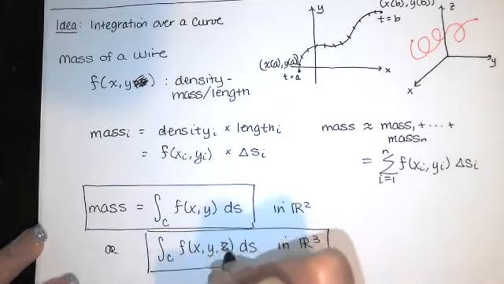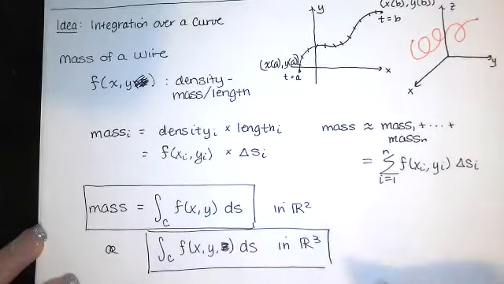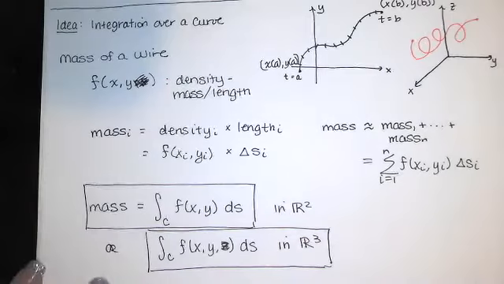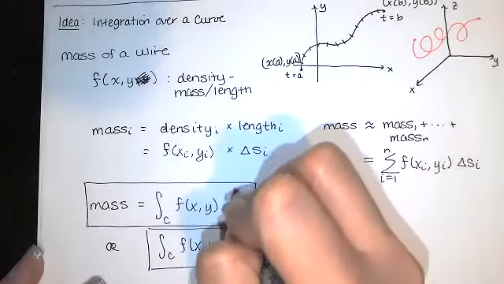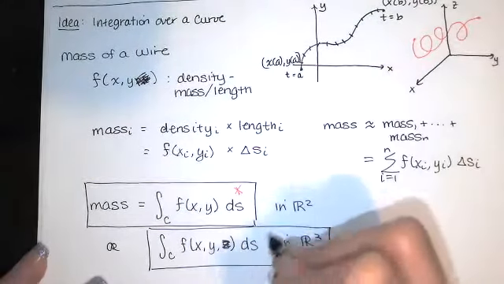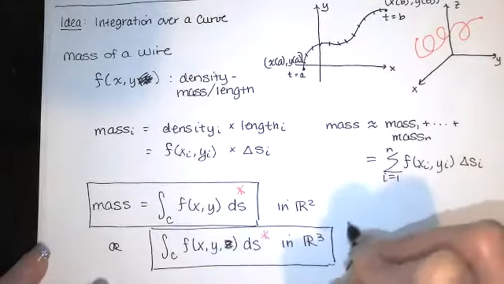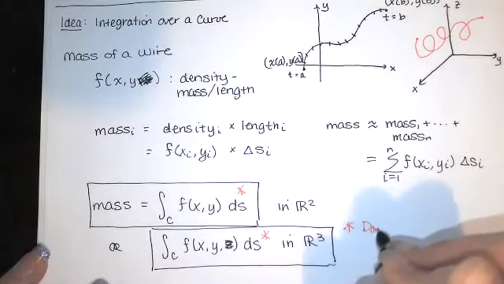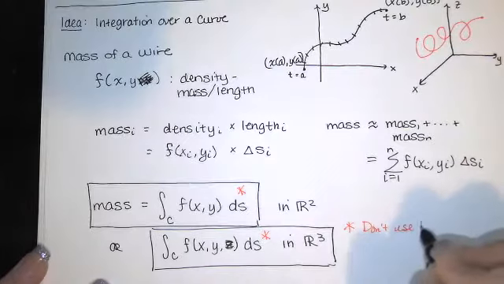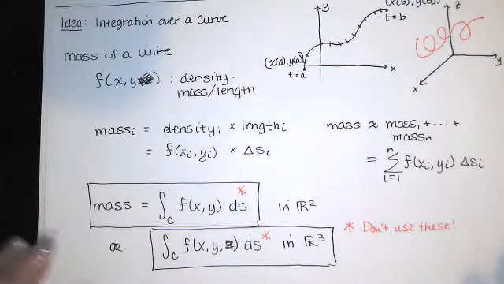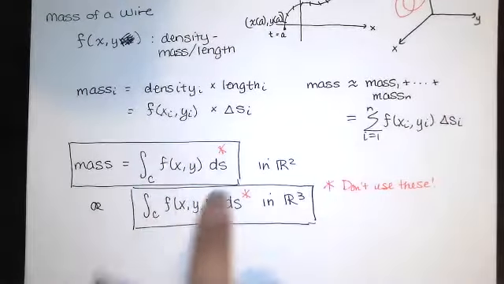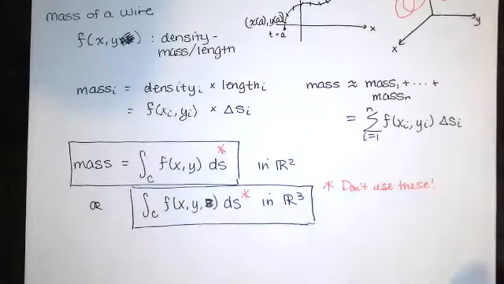Oops, that should be a Z, not an S. Okay, so this is the definition, and that's the idea, that's where it comes from. But I never use these formulas. They're pretty worthless. In order to be able to evaluate this, I need some variable to tie all the other